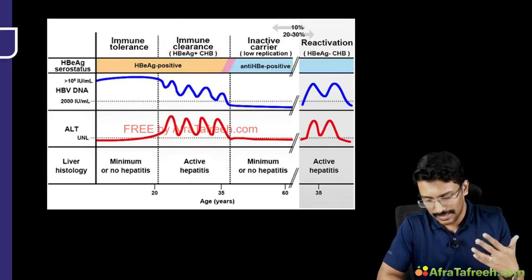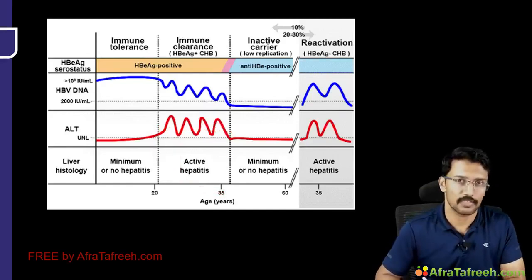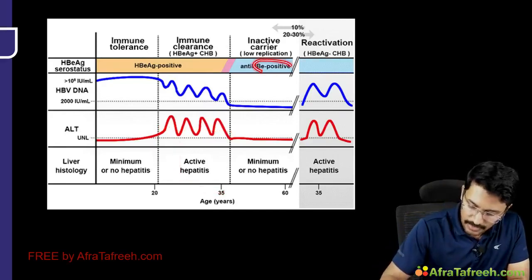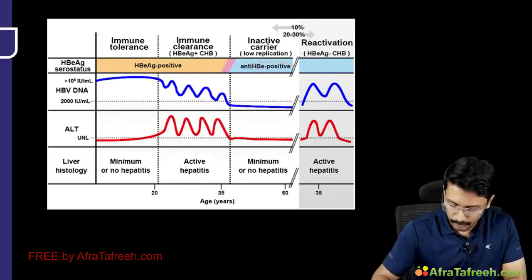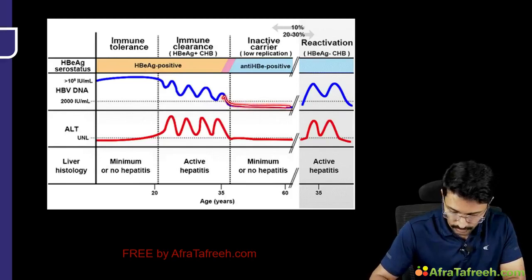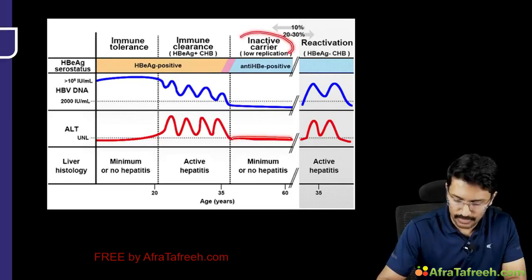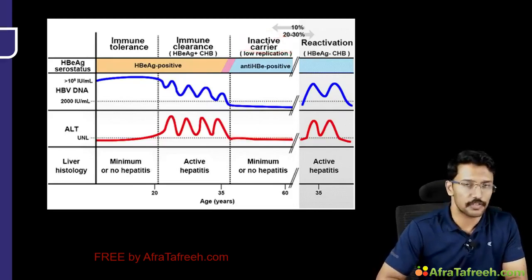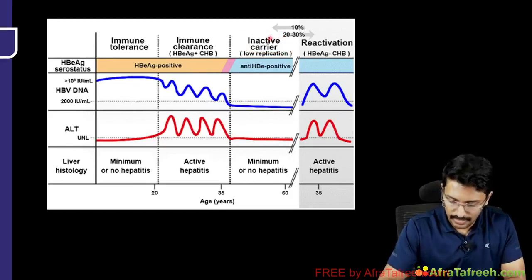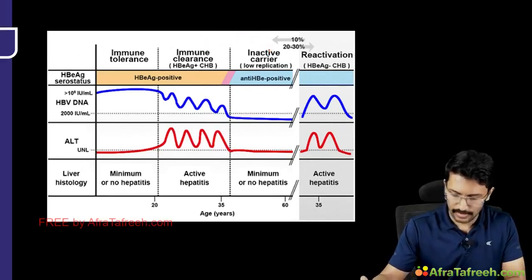Okay. Now, if the patient is lucky enough, then this stage will not persist. Rather, he will enter into an inactive carrier stage. Once the body starts producing anti-HBe antibodies, that will suppress the HBe status. So HBeAg becomes negative, suppresses the viral replication so much so that the DNA levels drop below 2000, right? ALT is back to the normal range, right? And this phase is what we call as inactive carrier stage. Okay. Now this inactive carrier stage can jump to the immune clearance phase or the active hepatitis phase. Okay. That's a possibility. And the other possibility is